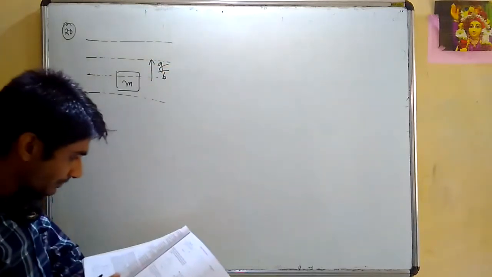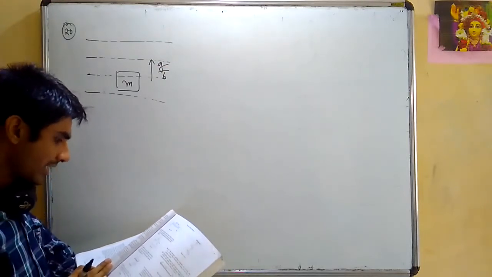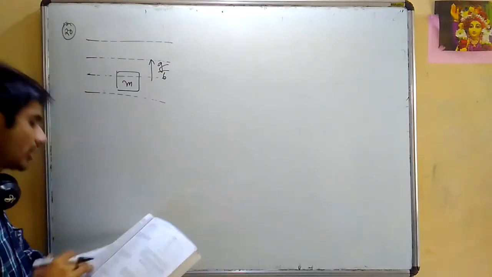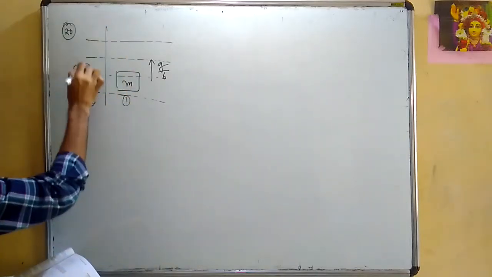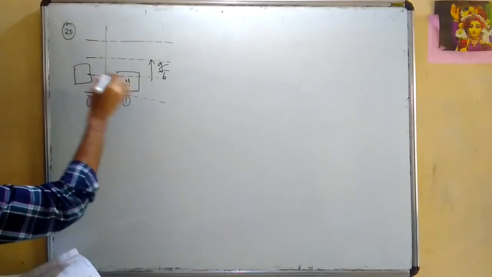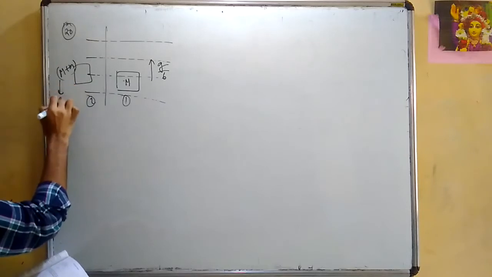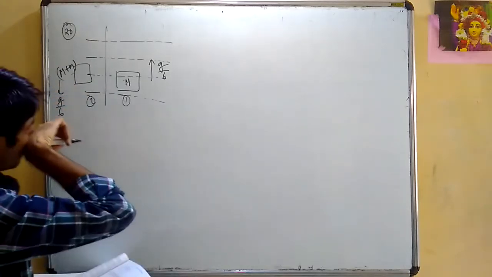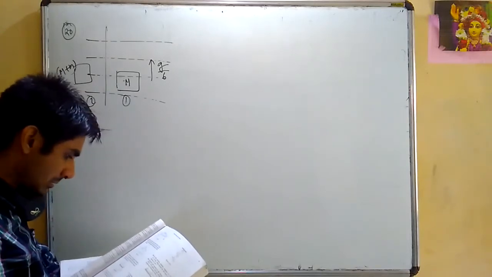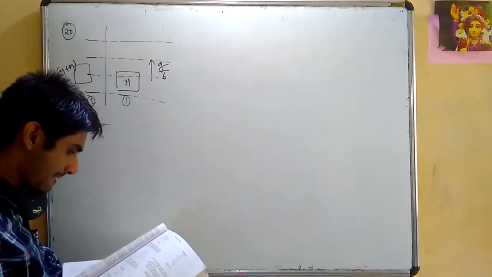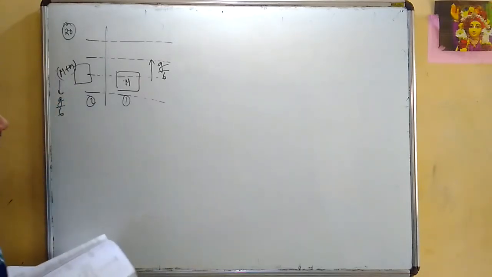Okay. Now it is said, how much sand should be put inside the box so that it may accelerate down at the rate of g by 6? This is position 1, and let me draw position 2. Let us say the mass is capital M and I added a mass of small m. Now rather than going up with g by 6, it will come down with g by 6. Force of buoyancy will remain constant, even if it is not mentioned in the picture. Force of buoyancy does not depend on mass, if you remember.